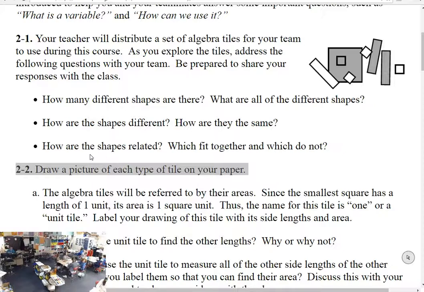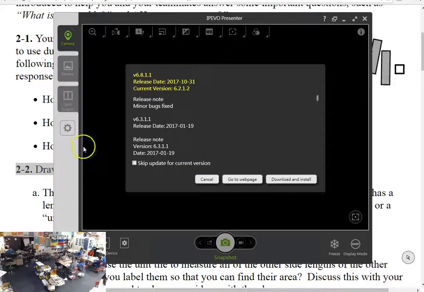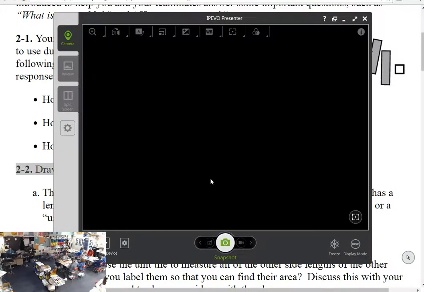Trace each type of tile. Okay, wait, let's trace it. I'm going to trace it. It looks like that. So we're going to see how many times we